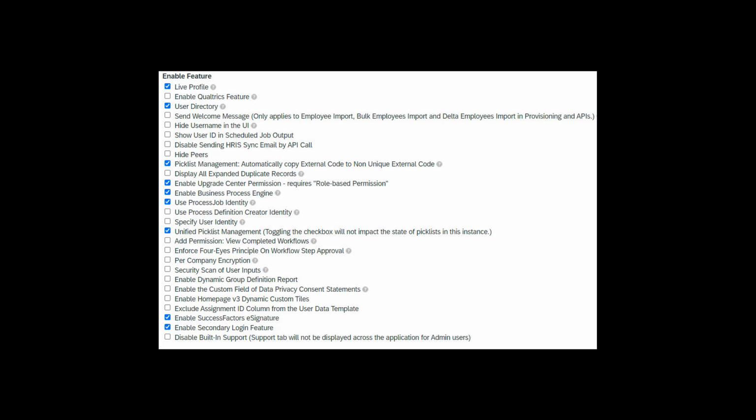Enable 4 eyes principle on workflow step approval. Okay, so this one's pretty important, and I'll talk through this one real quick. So 4 eyes principle means that the initiator cannot be their own approver. So there's some caveats with this. The main one being that if the